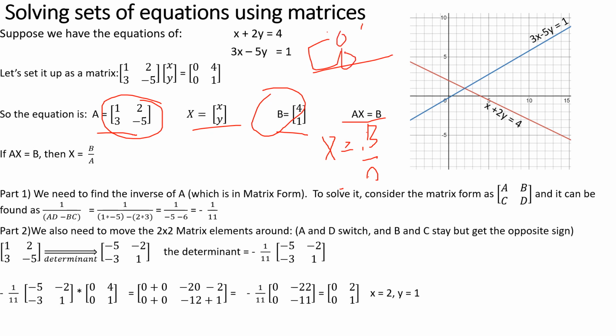0, 0, 4, 1 times 1, 3, 2, -5. Okay, so that's a matrix. And I remember I multiply this by the inverse. If I had 1 over 2,